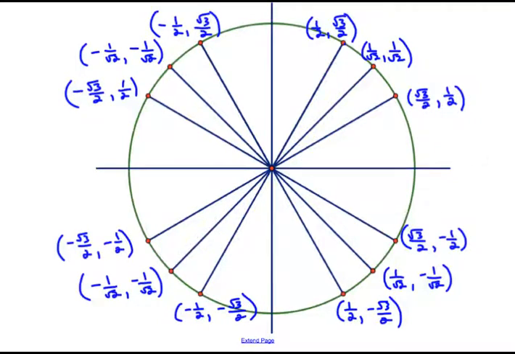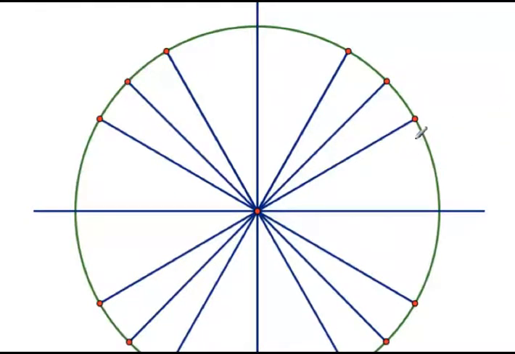Now let's look more generally at what's happening here. We're going to call this point at the end of this hypotenuse xy. And we can, again, draw a right-angled triangle so that this length is x, this height is y, and remember that the radius, or the hypotenuse here, is 1. Now remember that cosine theta is defined as x over r. Now in this case, if this is theta,